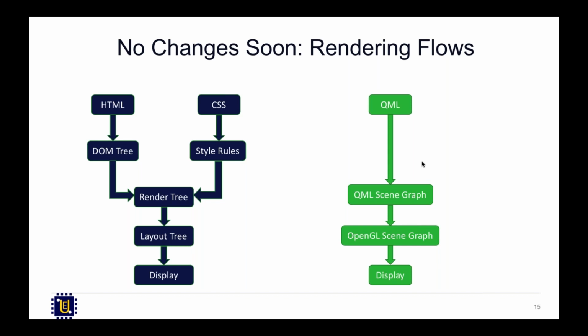So that is what Netflix did. And from the render tree down to the layout tree and the display, that's pretty much the same as on the QML side. So that's just 3 reasons why I think that Qt is well ahead of web,